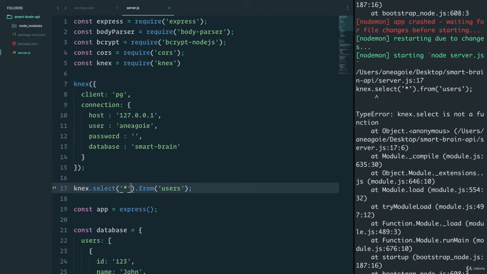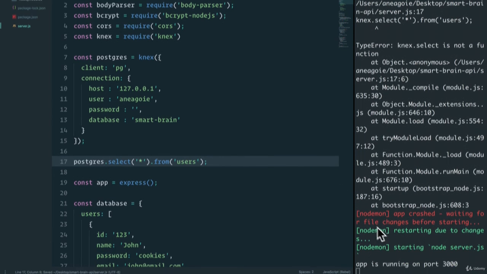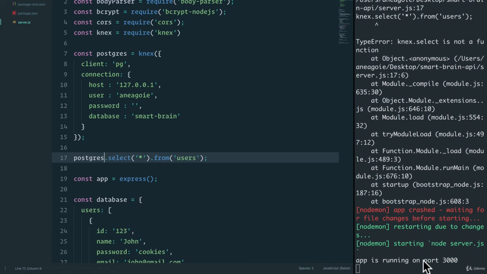Let's try that again. And you see here how I get knex.select is not a function, because here I have to assign this to a variable. And the way we do that is we can just say const database equals, just like we had before, knex.select. But let's just do Postgres for now. Save and change this to Postgres. Let's save. And now there's no errors. That's awesome. If we perhaps console.log now